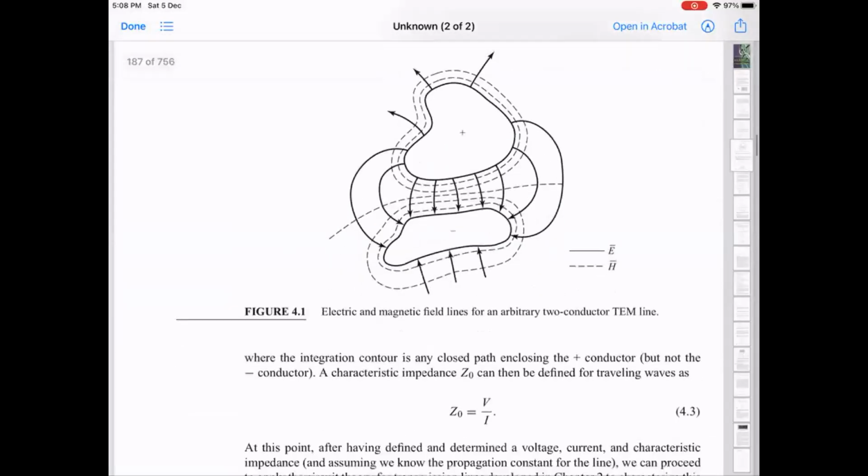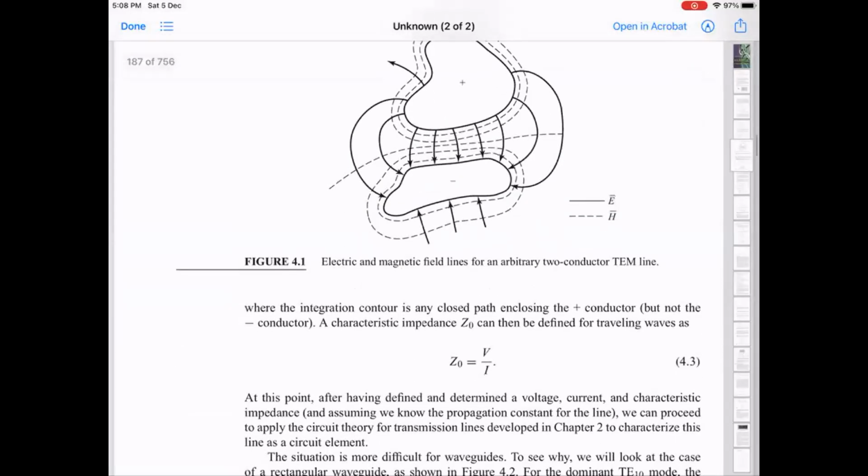In those cases, the definition of voltage and current at a particular point along the transmission line, which is now the one-dimensional direction where you're interested in propagating, has a meaning. And it also connects to the idea of characteristic impedance. So are there any conceptual questions here at this stage before we move on? Okay, so